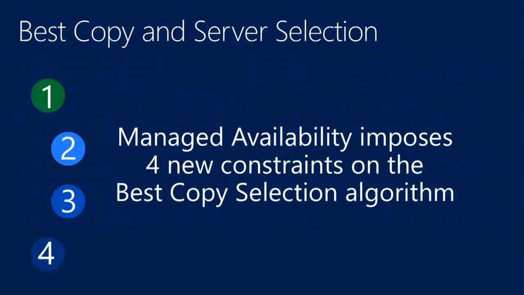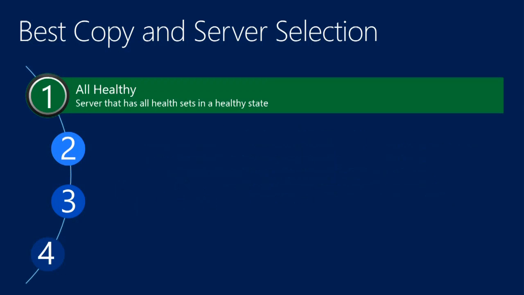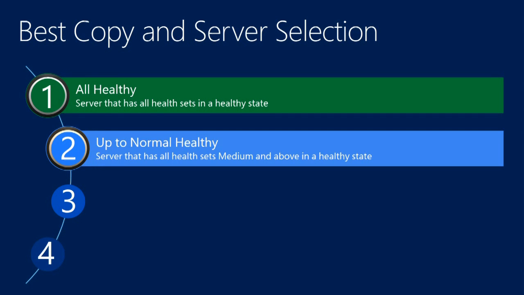So what do I mean by that? Well, there are 4 new constraints that we've added to the best copy and server selection algorithm. The first one is all healthy. What that means is, in addition to finding a server that has a viable database on it, a good database and a good content index, all healthy means we're looking for a server whose managed availability health sets are all green. There's nothing wrong with any of them whatsoever. Everything is healthy, healthy, healthy, and it's the best possible place to fail over to. If we can't find a server that meets that criteria, then we will look for what we call up to